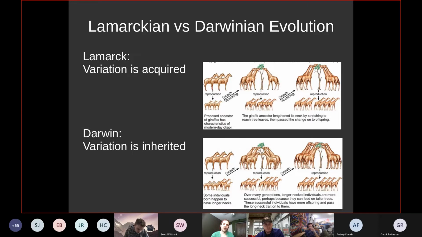And Darwin's book on the origin of species posited a different thing, which was that there is variation, and somehow that variation is inherited rather than acquired. Okay, so there was some mystical force or a molecule or something that was kind of passed from parents to offspring, and it wasn't always exactly the same, and so you inherit the variation. Now, Lamarck wasn't entirely wrong. The giraffe example was pretty dumb, but